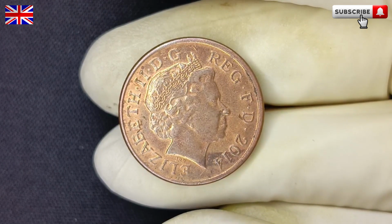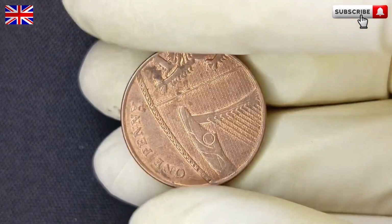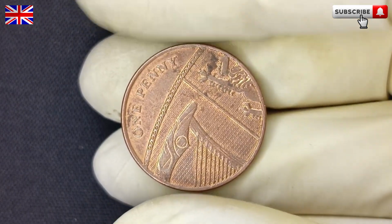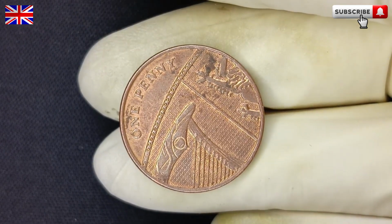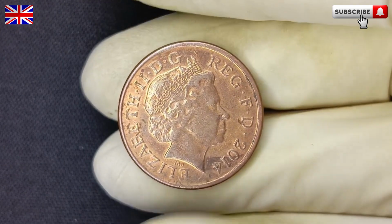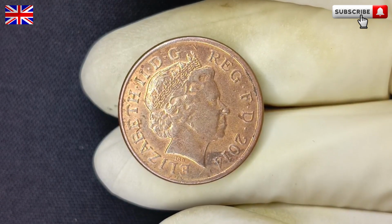While millions of 1-penny coins were minted in 2014 for circulation, there are rumors, whispers among collectors, of a minuscule batch that was struck in error. Some speak of dies used beyond their lifespan, causing doubling effects and minute imperfections. Others tell stories of a transitional batch, struck on blanks meant for a different denomination. It's these tales that give birth to legends, and legends, in the world of rare coins, fuel the fire of